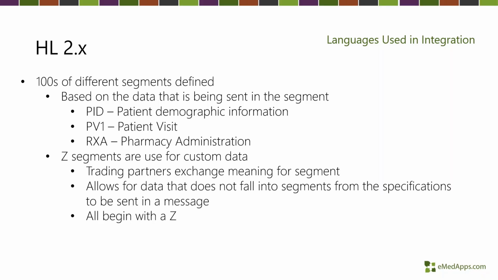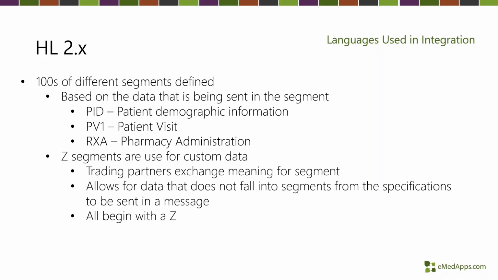PV1, for example, is a patient visit. So this is going to contain information like the visit location, the rendering provider on the visit, the date of the visit, the class of the visit number, for example, are going to be in that PV1 segment. RXA is a pharmacy administration segment. This is going to be things like medication orders, the drug, the dose, the SIG for that medication are going to be in RXA. So this is just an example of three segments that you're going to see often in